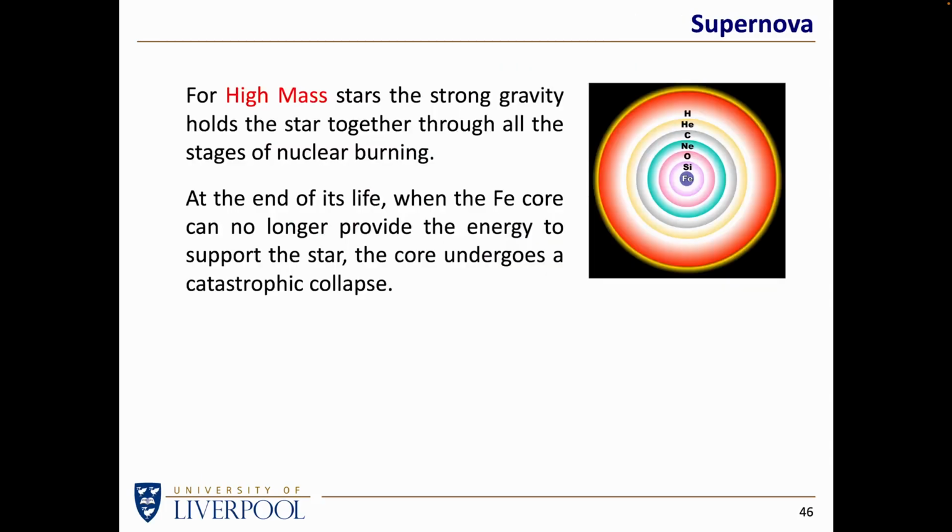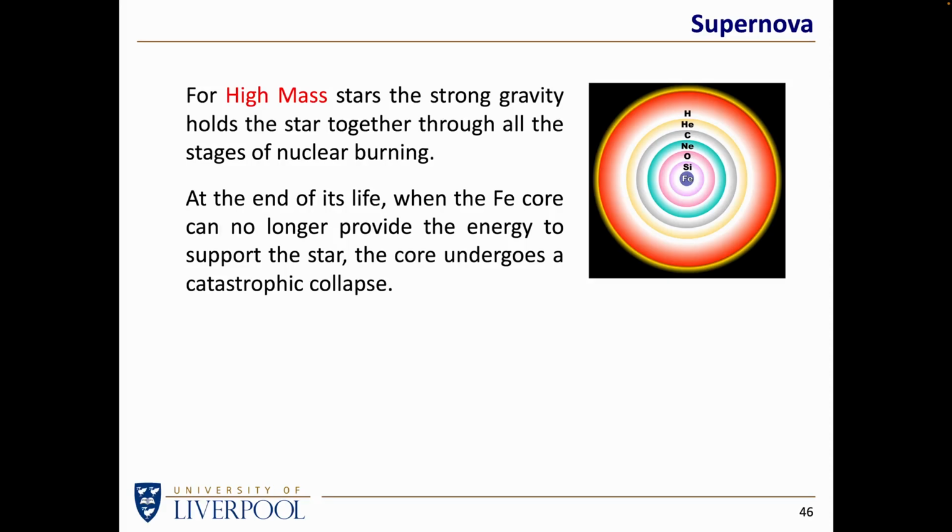What if the star is rather high mass? Well, if it's a high mass star, quite a few times the mass of our sun, then the gravity is stronger, which means the gravity will hold the star together through all stages of nuclear fusion, so-called nuclear burning. In other words, hydrogen will fuse into helium. If the mass is large enough, helium will fuse into carbon and then the heavier elements, neon and oxygen and silicon. And if the mass is really large, then all of those elements will fuse all the way up to